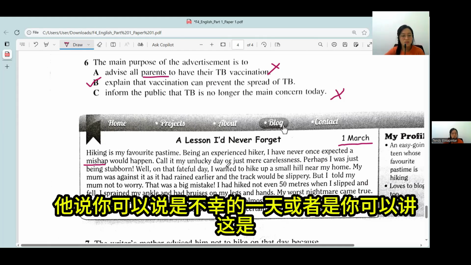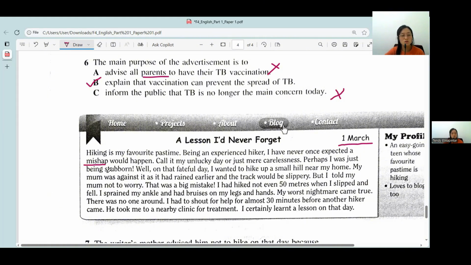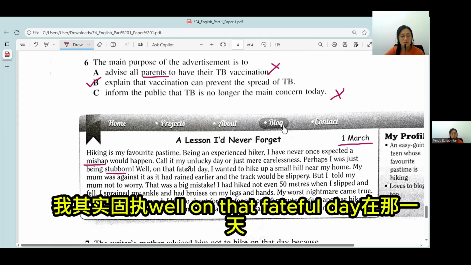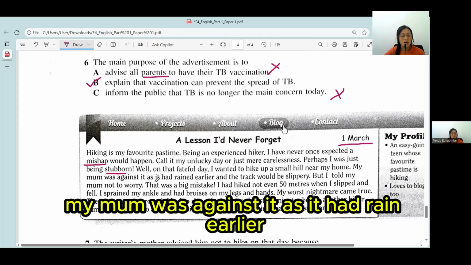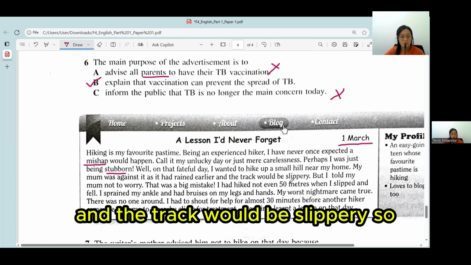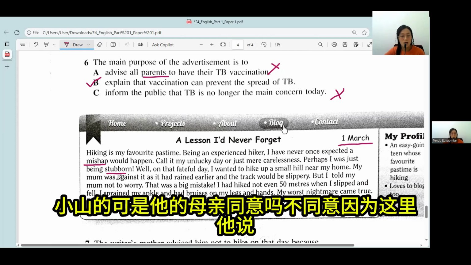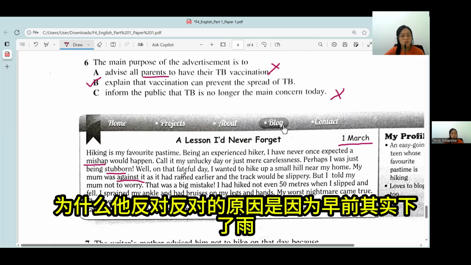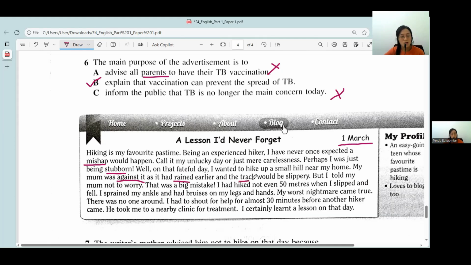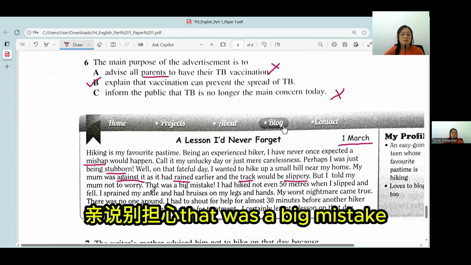Call it my unlucky day or just mere carelessness. 他说，你可以说是不幸的一天，或者是你可以讲这是一个粗心的事情啦。Perhaps I was just being stubborn. 或许我其实固执。Well, on that fateful day, 在那一天 I wanted to hike up a small hill near my home. My mom was against it as it had rained earlier and the track would be slippery. 所以这个作者其实是想要爬上这个小山的，可是他的母亲同意吗？不同意，因为这里他说 against it，然后后面他解释为什么他反对的原因是因为早前其实下了雨，然后那一个你爬上去的道会很滑，would be slippery，有可能会很滑。